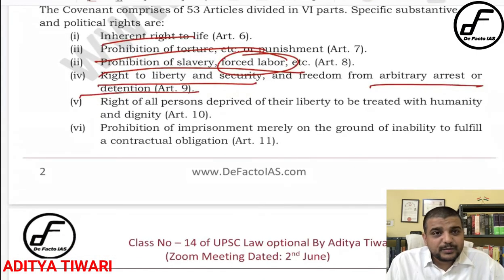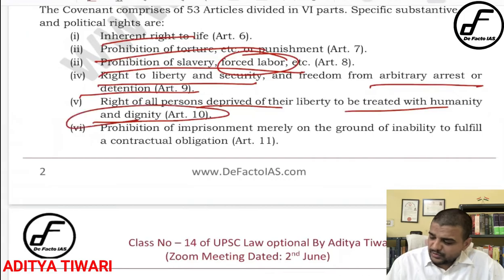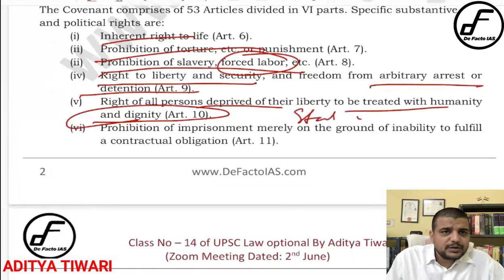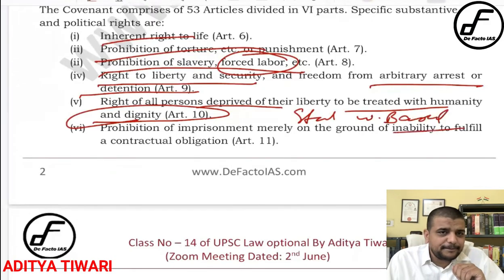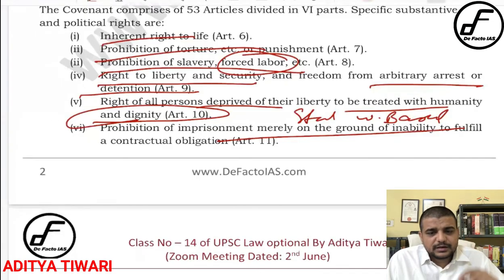Right. Now that is a very important point because of the same thing, you must remember the police brutality case, State of West Bengal versus A.K. Basu. Right, you have read about this case, A.K. Basu, not W. Basu, State of W.B. versus A.K. Basu, right. In that you must have seen, the judgment actually cites this convention